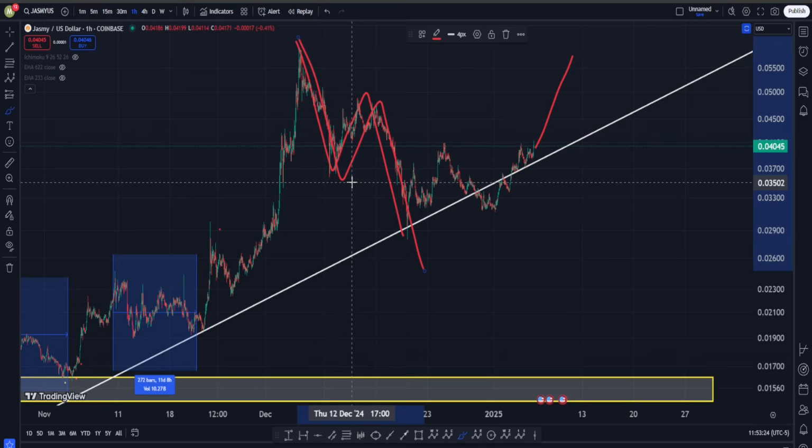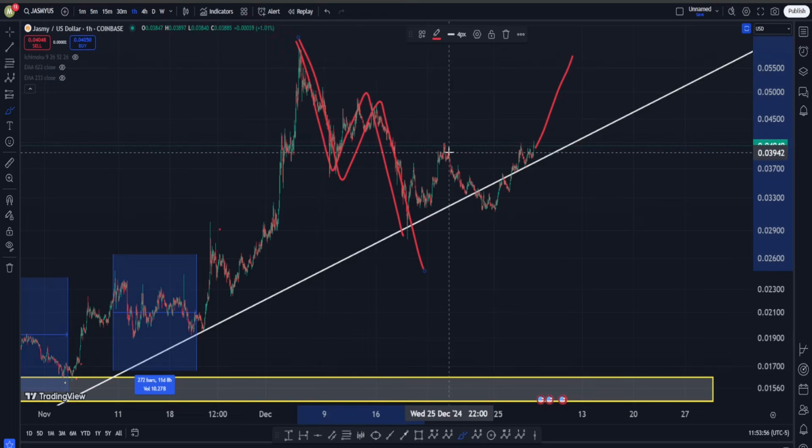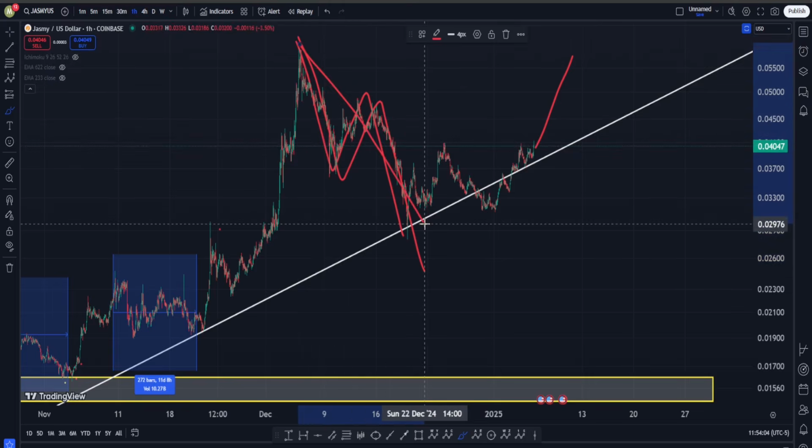Doesn't really matter. For me at least, it is going to be quite hard to find an impulse in here, and I'm not going to say it's absolutely impossible to find. No, there is a chance that we may have a 5-wave down, but at that point, chances of that scenario will be quite lower than before, to a degree that is going to make me say, you know what, even in case of a bearish possibility in here going on, it's just not going to be my primary case, and